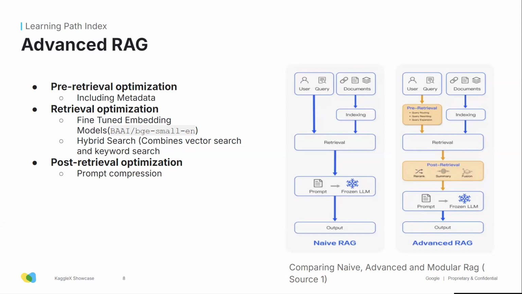For the retrieval optimization, I used an embedding model from Hugging Face. I found this to be the best and fastest model to use. I also included hybrid search that combines vector search and keyword search. This was the best case I used. I was playing around, using just vector search and just keyword search, and I had mixed results. But when I combined them with a 50-50% vector and keyword search, I found this is the most